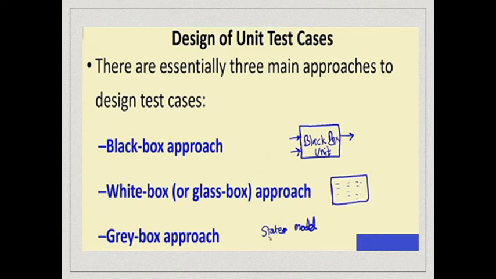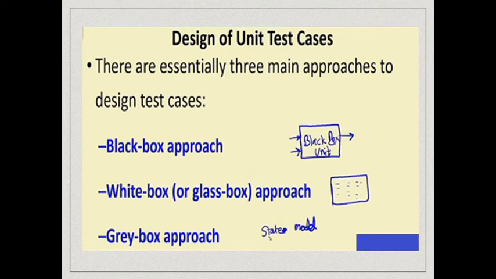On the other hand, in the white box or glass box approach, we know the details of the code that is there. Therefore, we can create a model of the code, for example, a control flow diagram, based on the internal knowledge of the code. We might design some test cases. So this is called a glass box because we need to check the internal code here. In the black box, we do not even bother about what the code is. We just look at the specification, what the input is and what output should be produced, and based on that we design the test case.